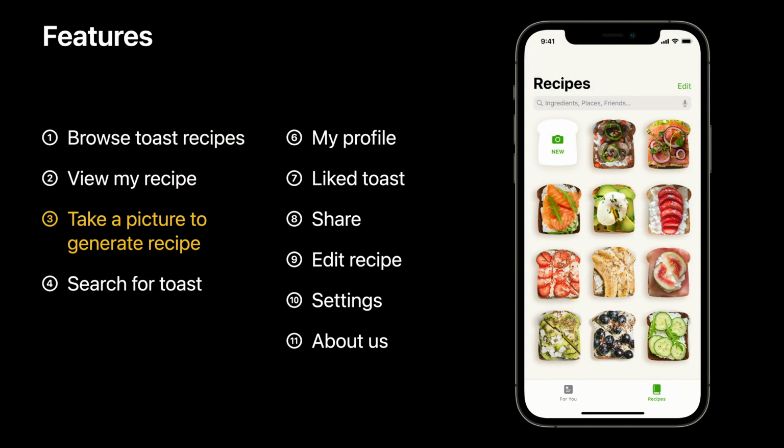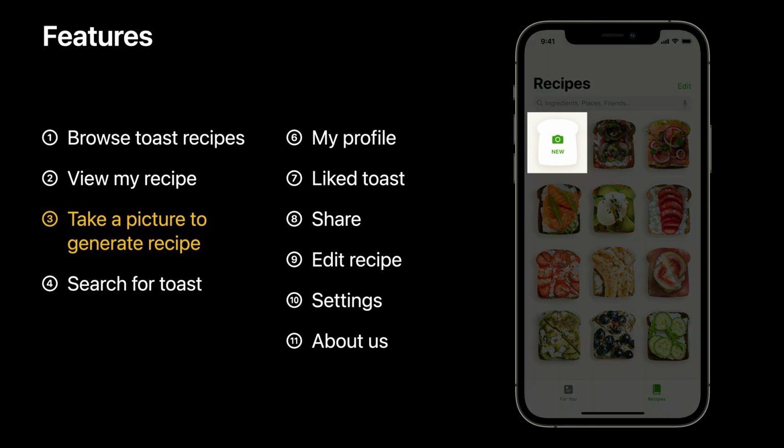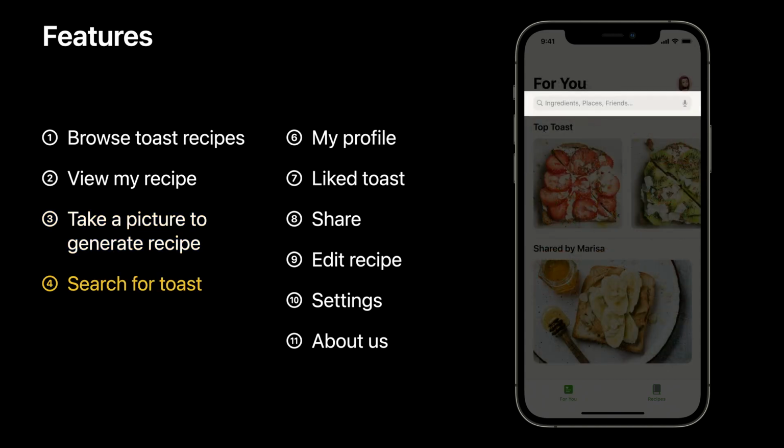Taking a picture is to generate a new recipe in my recipes page. It's an important feature, so we put a prominent button at the top before other recipes. The search bar is placed on the top for very visible access. We are fine with it being further to reach for my thumb because we imagine it as an action people use less frequently relative to our tab bar actions.